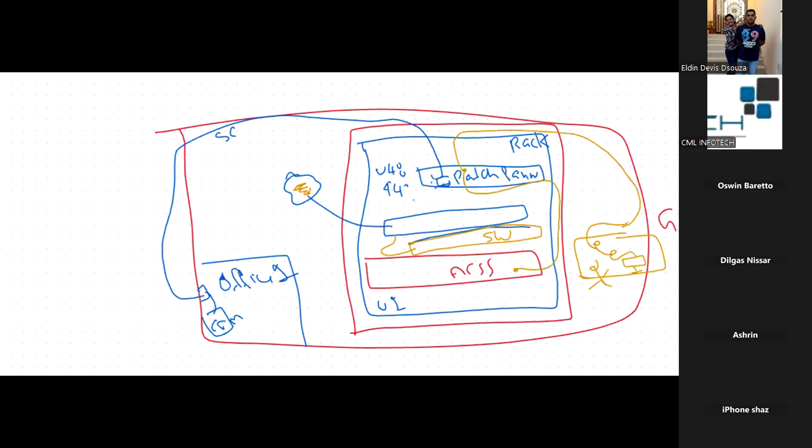Your access switch is connecting to your core switch. Your core switch is connecting to your internet device. So a user,